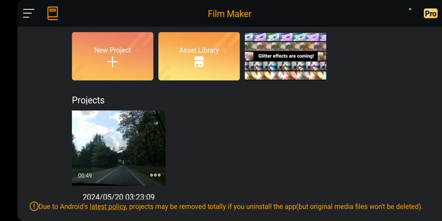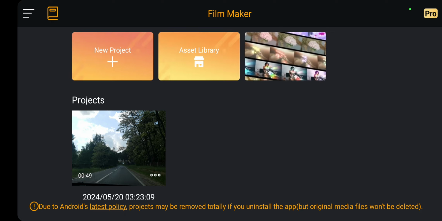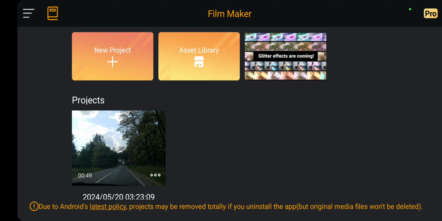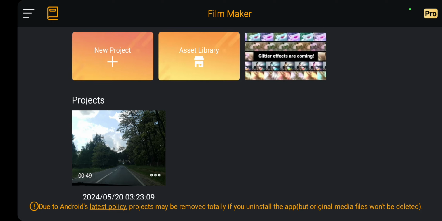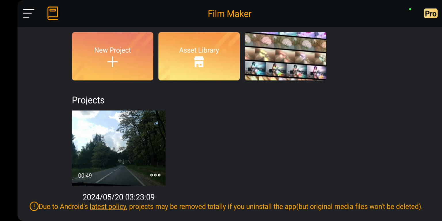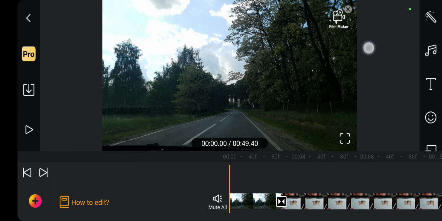First of all, open the application on your device. New, you can start a new project if you go to the new project button, and in the project section you can find your old project. Just select one and new, click to the first